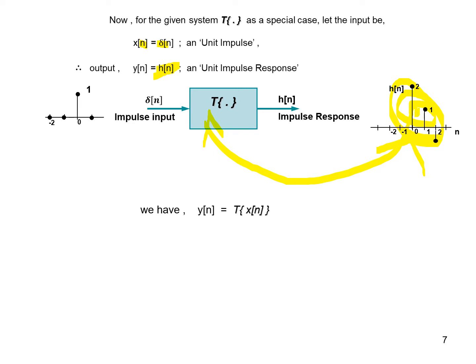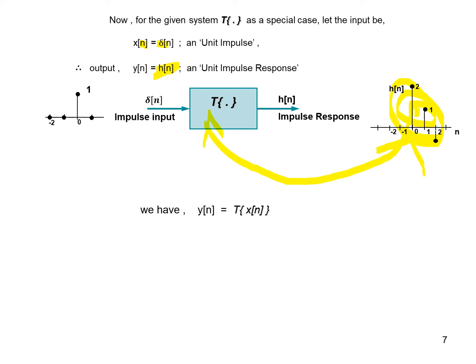Now for this system, we can find the output y of n for any input x of n just by using h of n. That's what I'm going to prove now in the following discussion. By doing a process called convolution, I can get y of n by simply using impulse response, or by convolving the input signal x of n, be it anything, with h of n. I'm going to find y of n for a LTI system. That's all about impulse response representation of LTI system, which I'll explain further in this discussion.